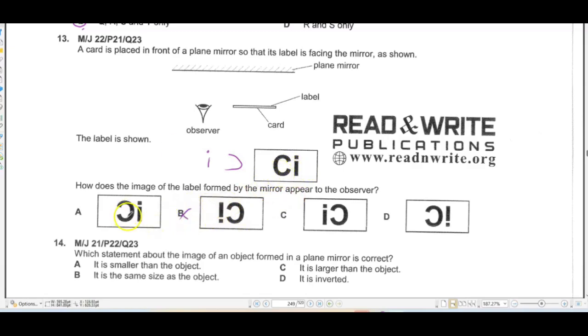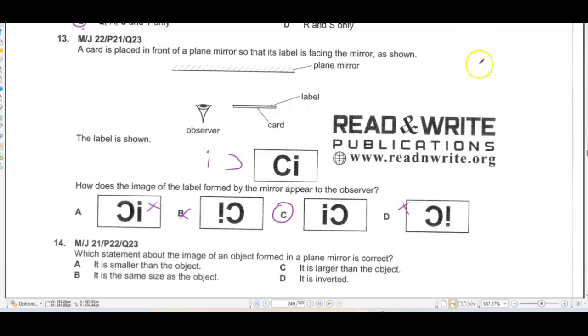So I over here is upright, so it can't be inverted. Okay? Over here C is over here and I goes back. So this is not the correct option as well. You can always use a butter paper and see what the reflection is like. So I think that C and I, this is the correct option. Over here, I has been inverted as well. So D is also not the option.